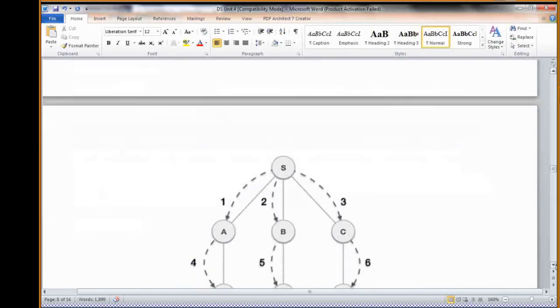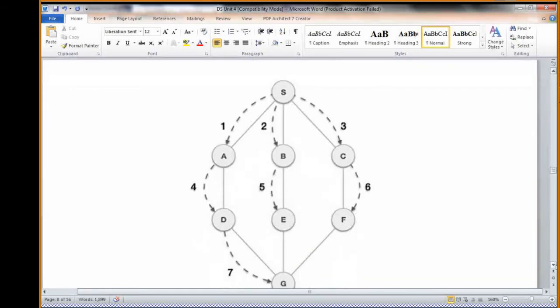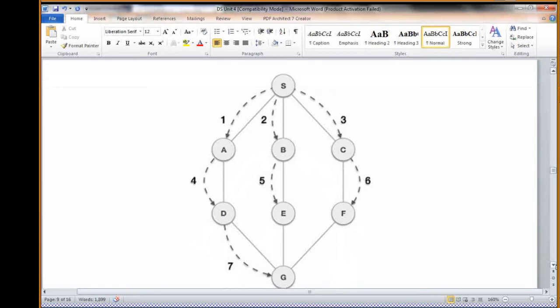If you take the same example, here S is the root node, and from S we will see A. As S is the root node, it will come to the left node A, and then what are the siblings of A in the same level? So it will check S to A, then S to B, and then S to C. So in the first level A, B, C are all completed, and you will see whether any other connections are there. What are the connections from S, A, B, C? Once that is over, it will come to A and identify who are the adjacents for A.